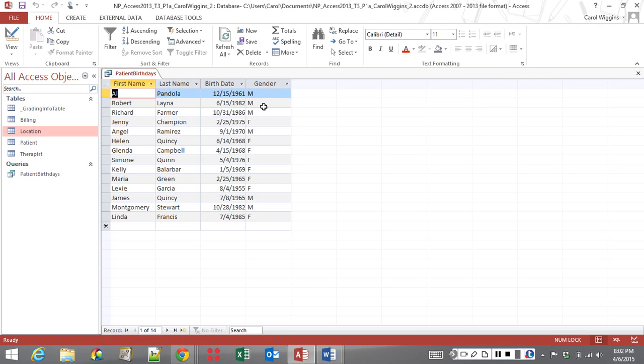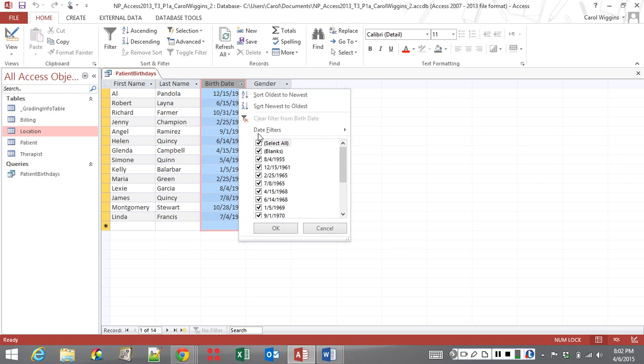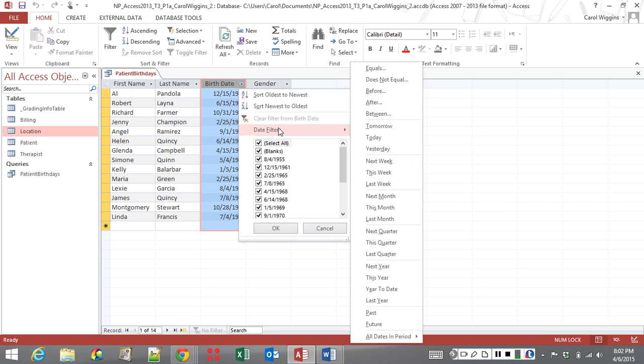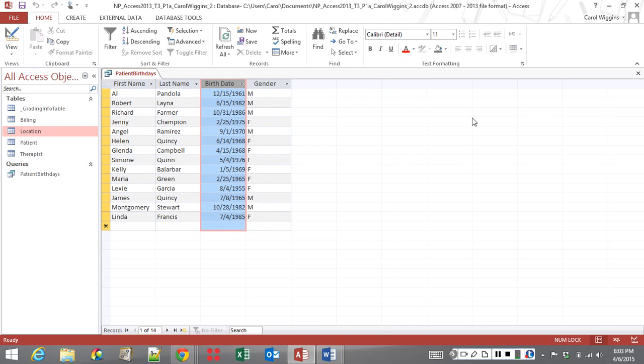Step 6. In the patient birthdays datasheet, so this is the datasheet associated with that query, use the filter by selection to select only those records for patients with an October birth date. So to do that, you can hit this down arrow, and you've got date filters. Okay, so you can click date filters right here. But the easiest way actually to do this is choose an October birthday, and